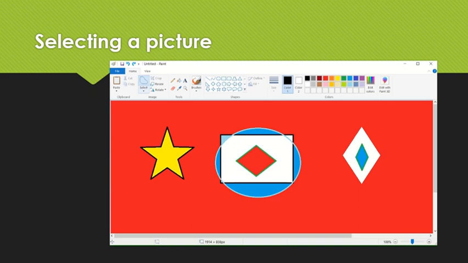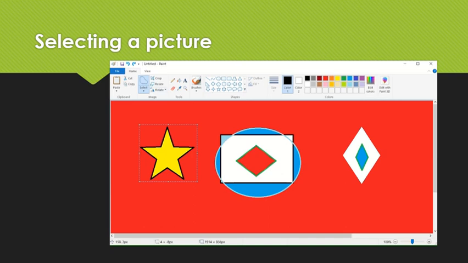See here, I clicked on the drop down arrow, then clicked on freeform selection, then pressed and dragged the mouse. See, it is selecting like this. Wherever you drag the mouse pointer, there will be a selection based on that. When you release your mouse pointer, a square or rectangular box appears. This is known as freeform selection. I hope you now understood the two types of selection in Paint.